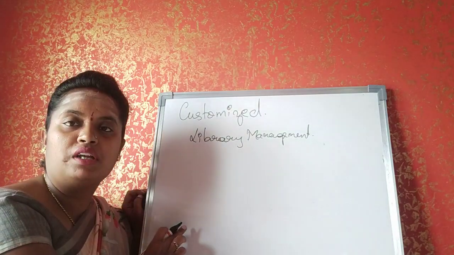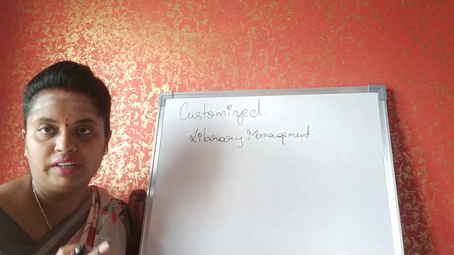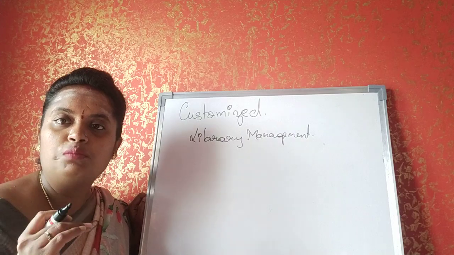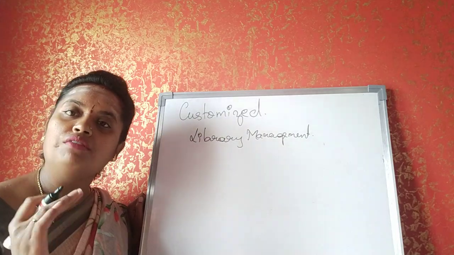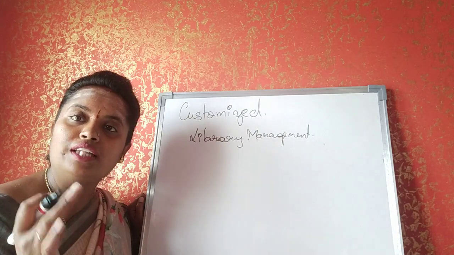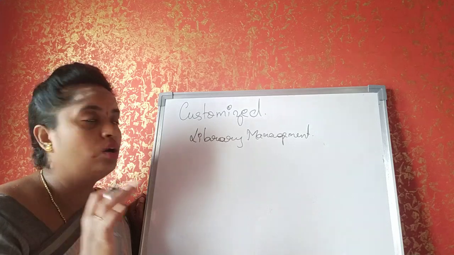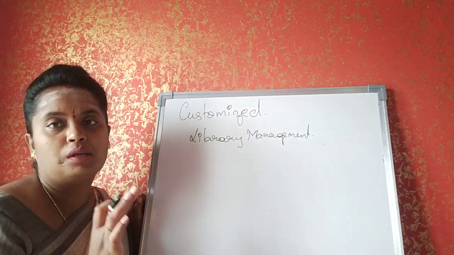You can't go to the library management software and ask for an air ticket or a railway ticket. Understand? Either you have to collect the book or you have to return the book. Date of issue and date of return, only that will be taken. So that's the customized software. Library management means it's only done for the library purpose.